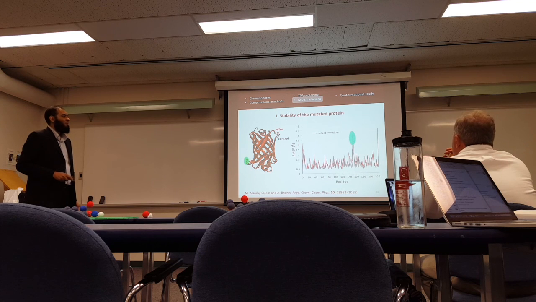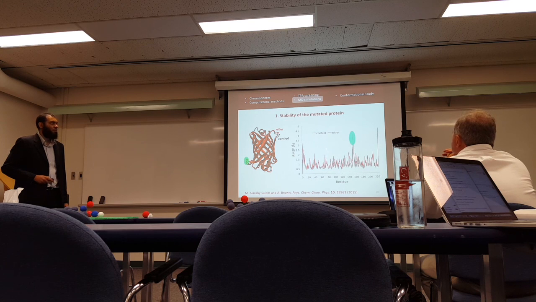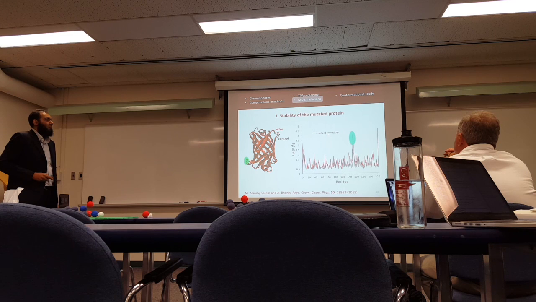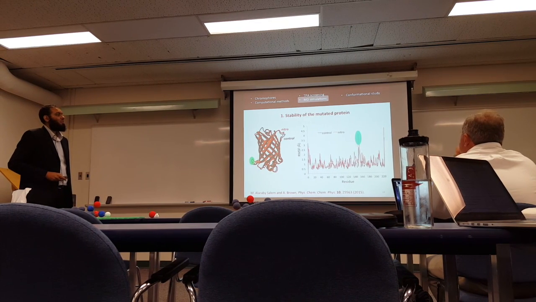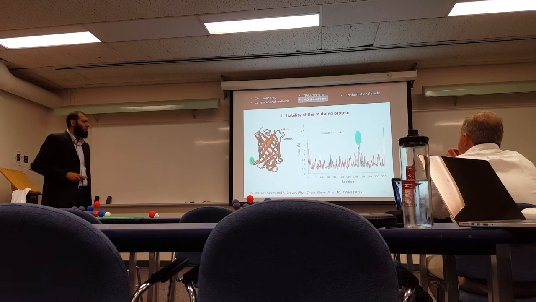Here we have a plot of the root mean square fluctuations in each residue. You see the red belongs to the nitro modified protein, and the control is the EGFP original crystal. And you see that the red is actually following the black quite well. So there are no exaggerated fluctuations anywhere in the protein, except in regions that are not close to the chromophore. So those are outer loops